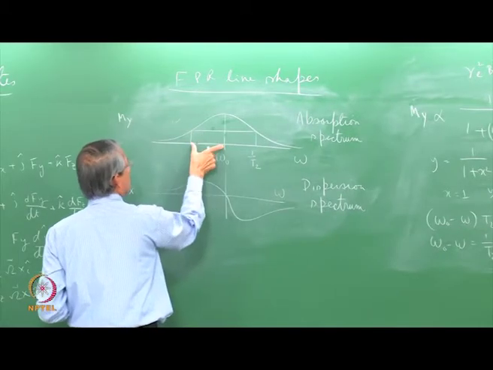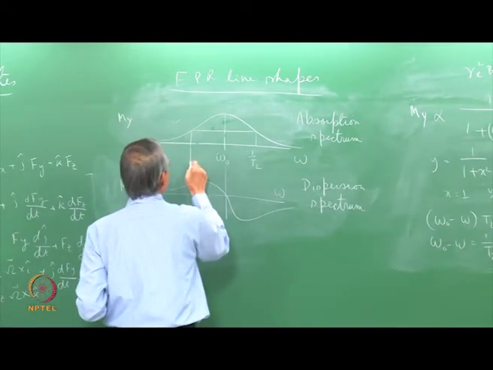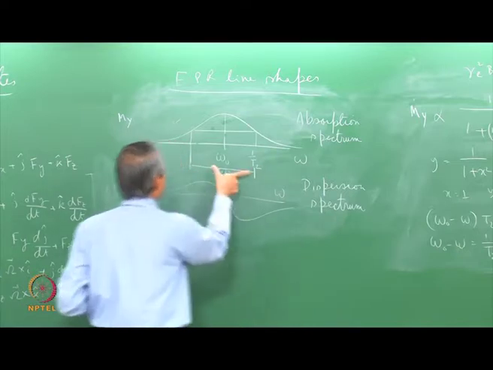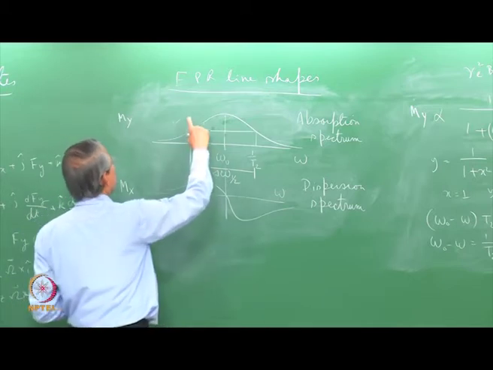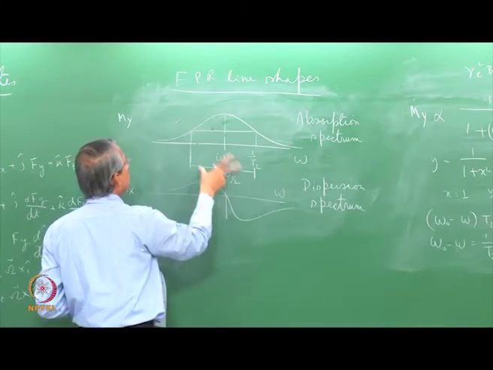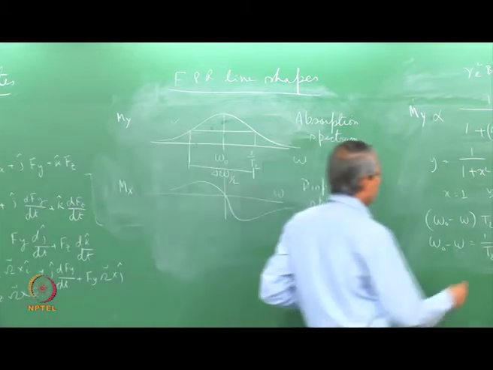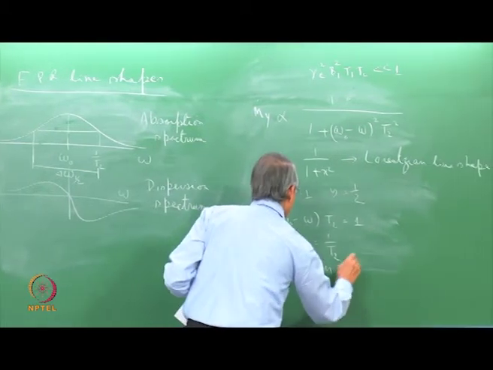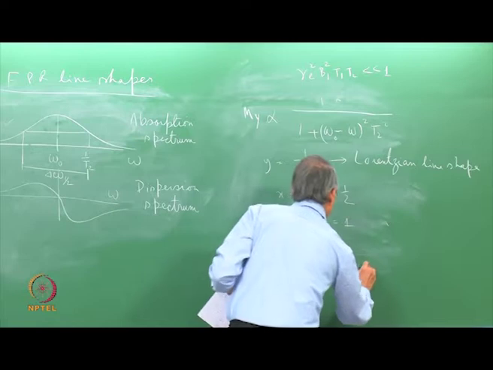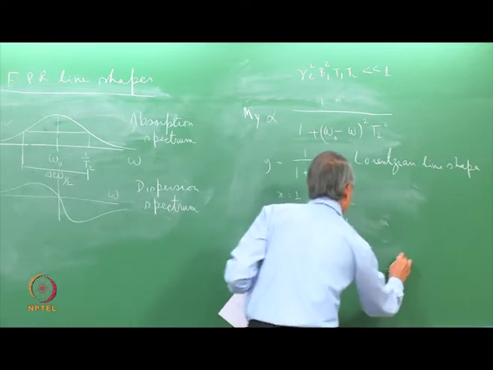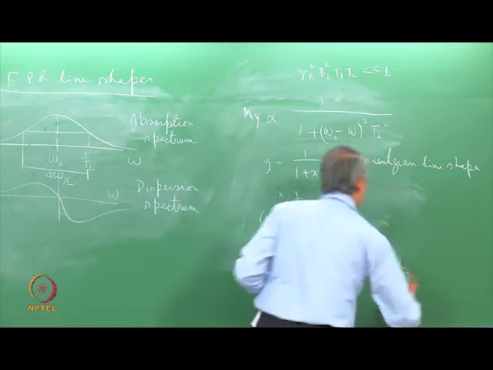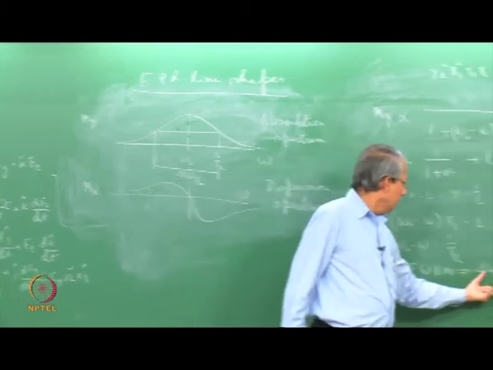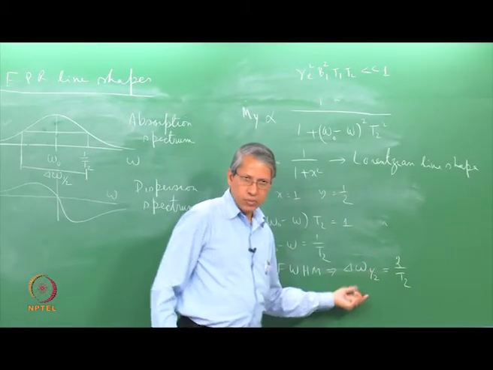Similarly, here also it will be 1 by T2, or in other words, this total, this one, if I call delta omega half, corresponds to the half intensity of this one, or full width at half maxima. Full width at half maxima corresponds to delta omega half, this gives 2 by T2. So, when the spectrum is recorded as a function of frequency, we can straight away get the spin relaxation time from this relationship.